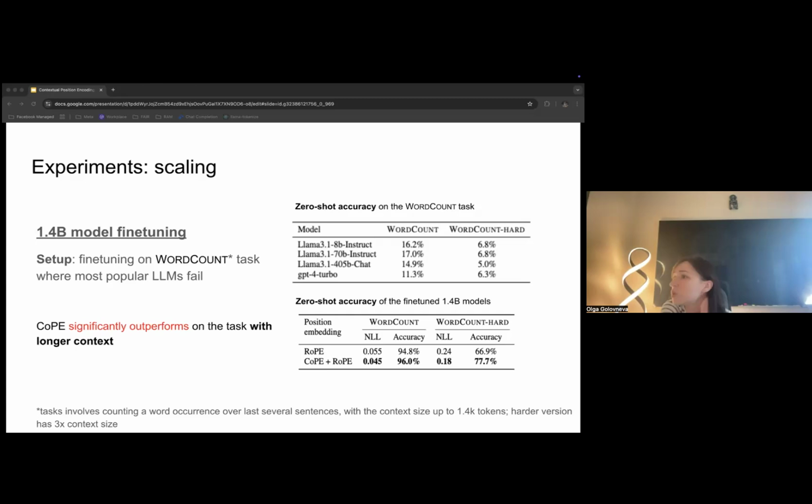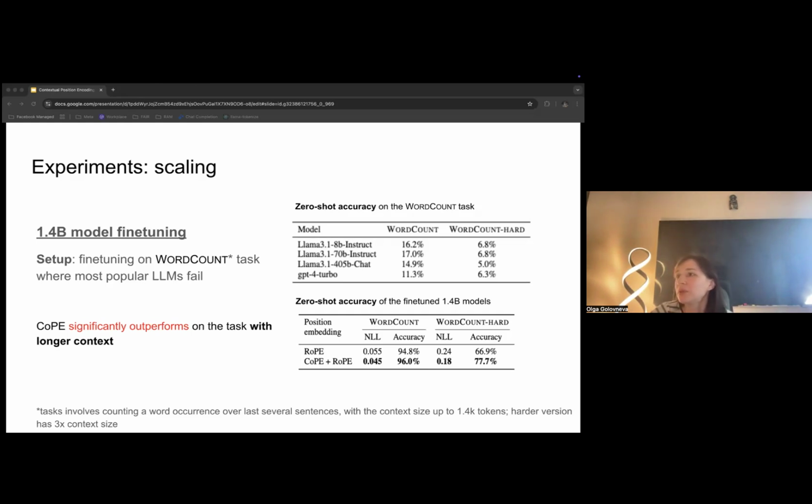To make the task more challenging, we randomly concatenate 3 different stories to form much longer samples, because TinyStories context length is within like 1,000, 1,500 words. No, tokens, I'm sorry. So we extend the context artificially by concatenating them, and then ask to count certain words in certain sentences.